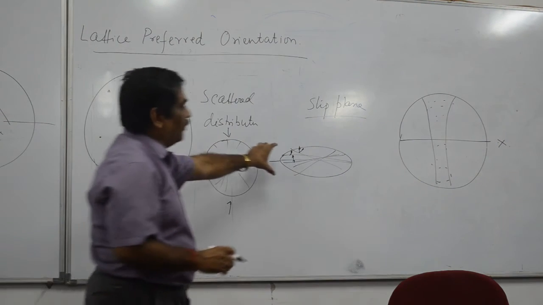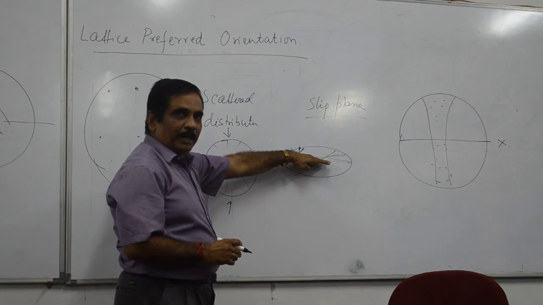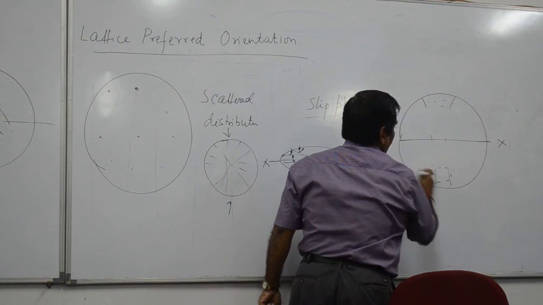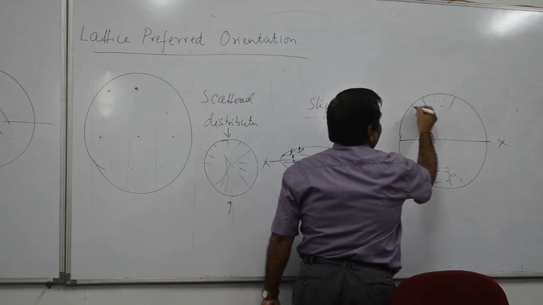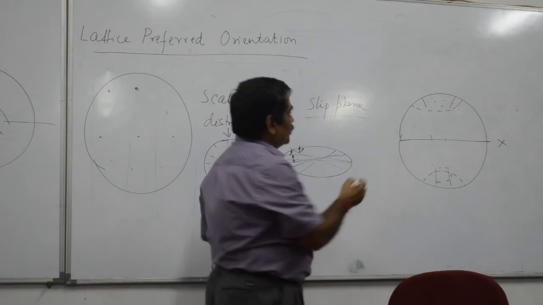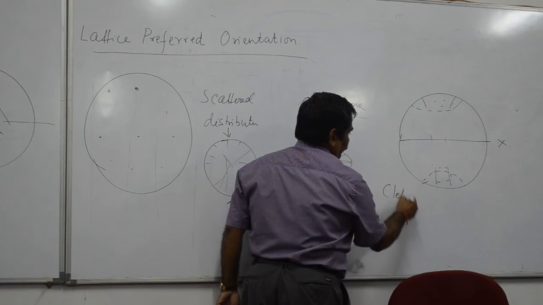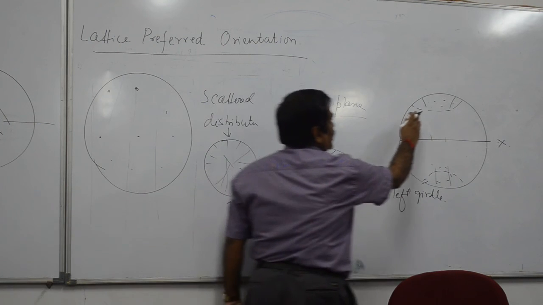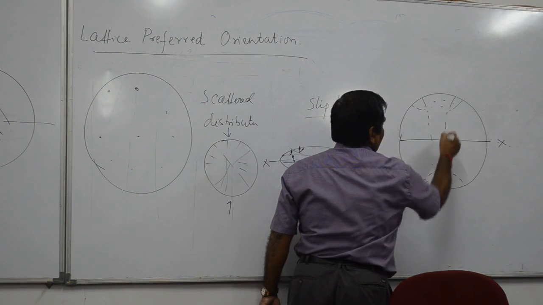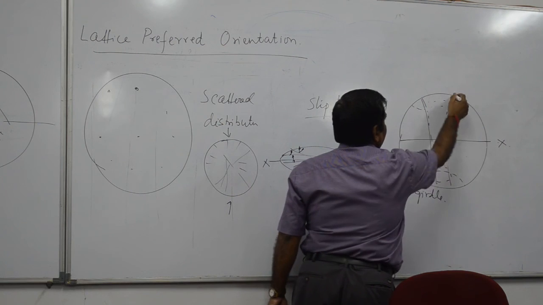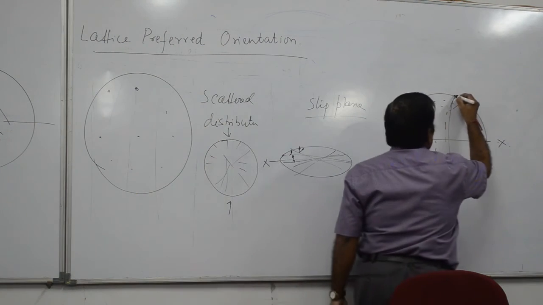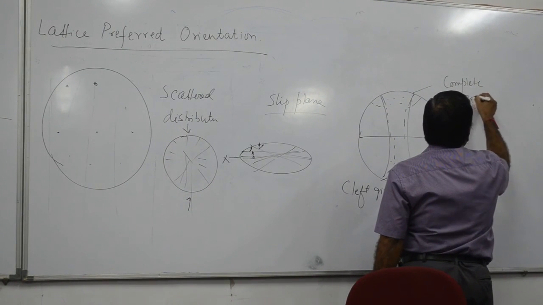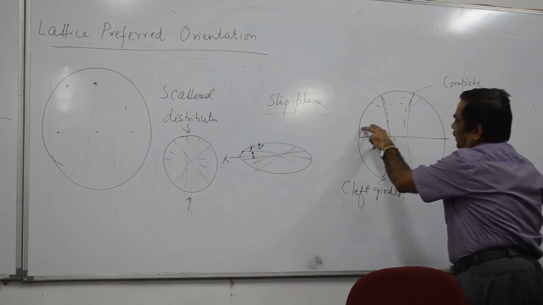If it is strongly deformed, all the planes will be parallel to this axis, then this connectivity will not be there. They will all concentrate at this place. So this is called a cleft girdle. If it is a weakly deformed rock, some of this data will come inside like this. So this will be a girdle, either a cleft girdle or a complete girdle. But there won't be any data here,